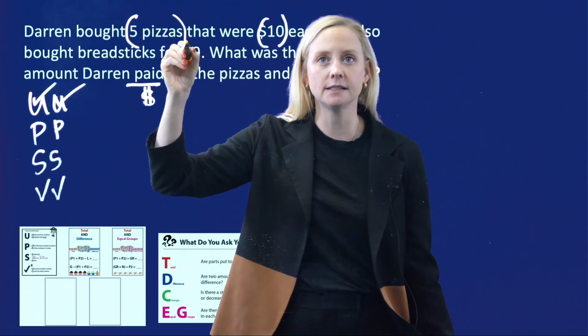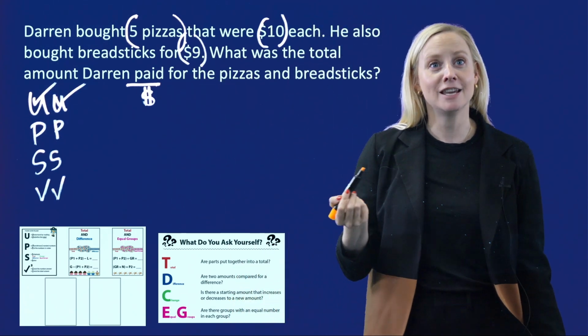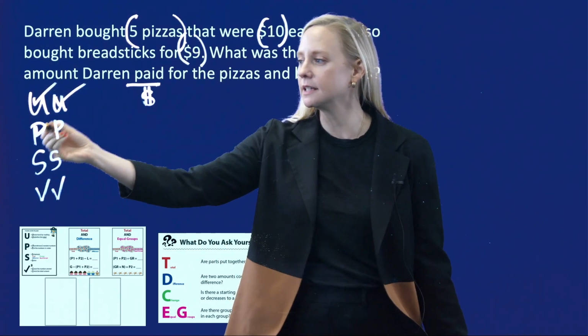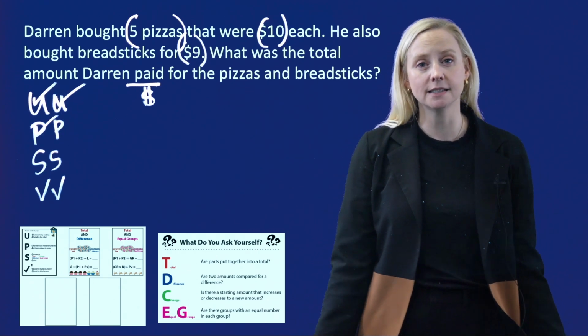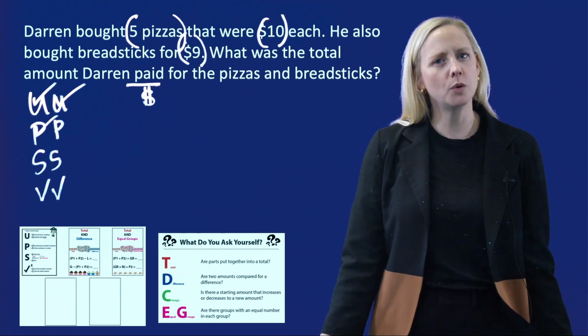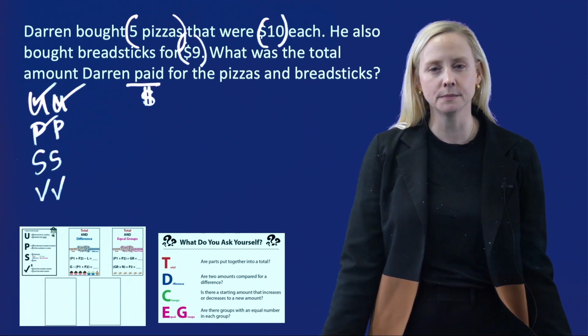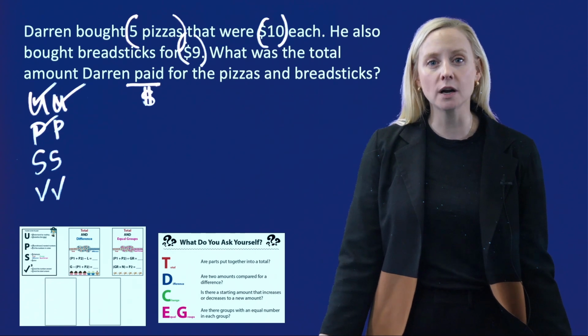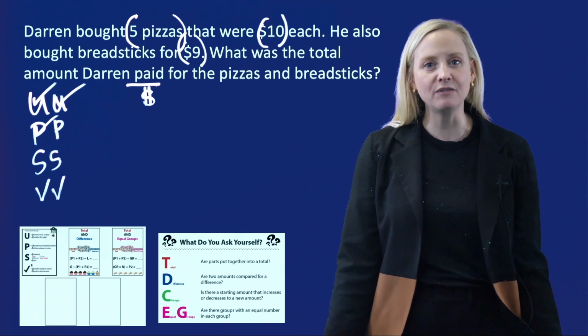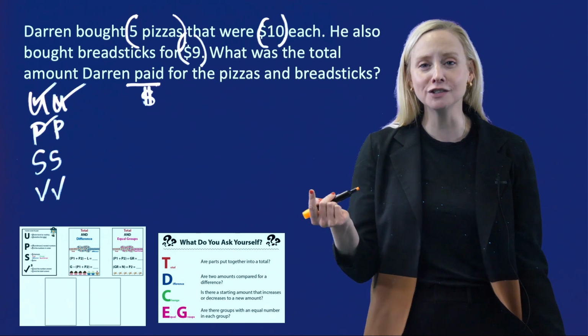I'm going to keep going. My next number is 9. That's also about dollars. So I'm going to put that in parentheses. Here I have put all my numbers in parentheses. I'm ready to move to my second P. My second P says put our numbers in order. When we were talking about single step problems, we just had to put a 1 above our numbers. But now that we're working with multi-step problems, we have to think hard about what's happening first in the problem